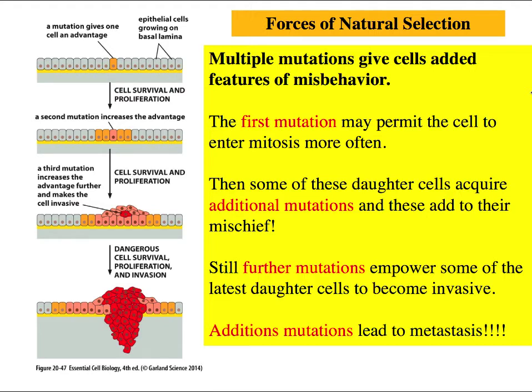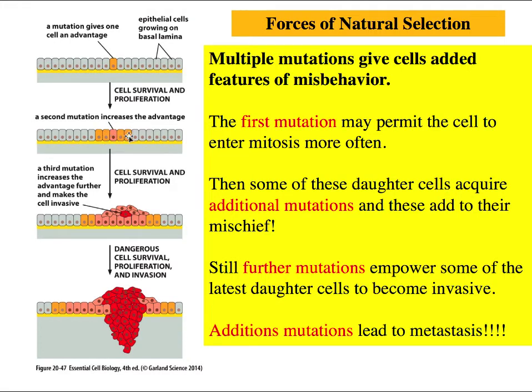the number of elephants in a herd versus the number of cells inside the individual elephant. And advantage can be gained by doing something that your neighbors can't do. So in this panel here, we can see through mutation, one cell has acquired a phenotype that its neighbors don't have, and that may be to grow faster than its neighbors do. So as the cell produces more and more progeny, in this case 5 cells, more mutations will accumulate. And maybe one of those daughter cells will accumulate a second mutation that will give it a second advantage over